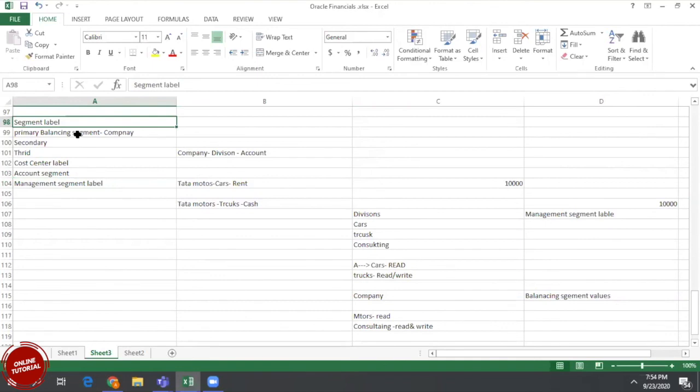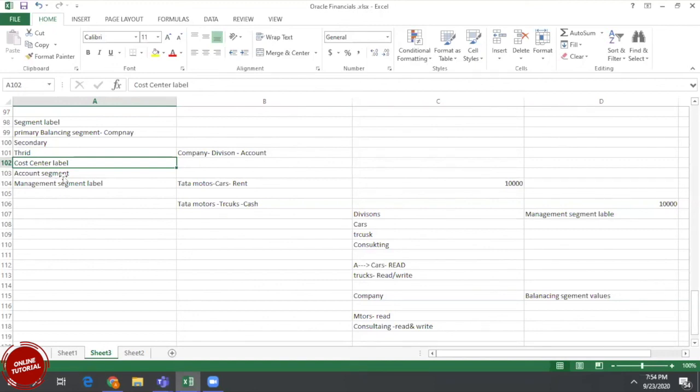Like this, there are different labels available. Out of these, some are very primary and significant. When you assign the balancing segment label, debit side and credit side should be the same, and at that level we can prepare the balance sheet. If you assign the cost center segment label, we can track the cost and also some P&L account elements.